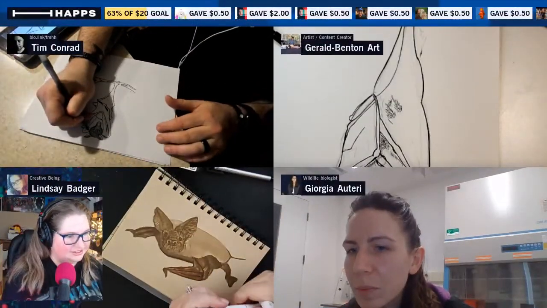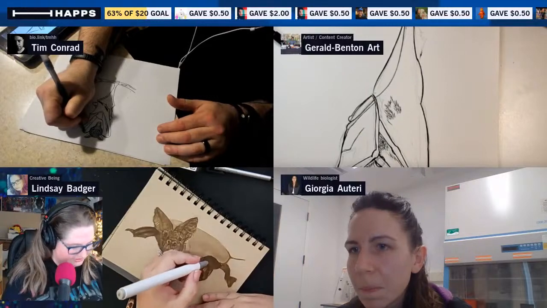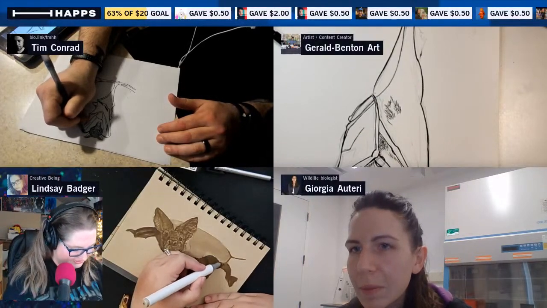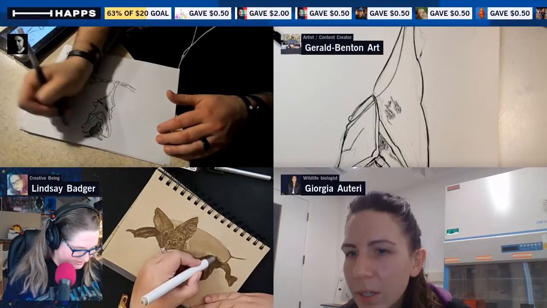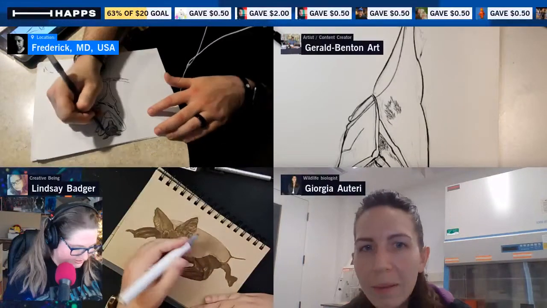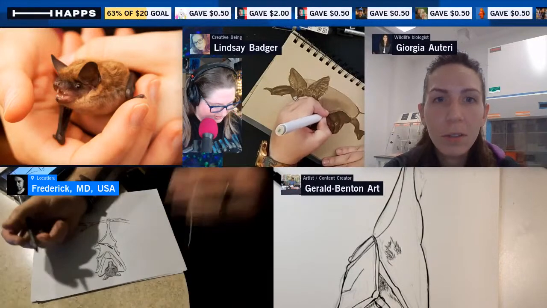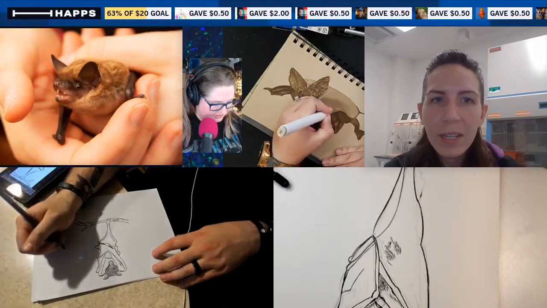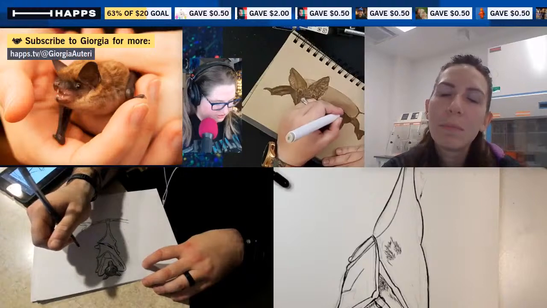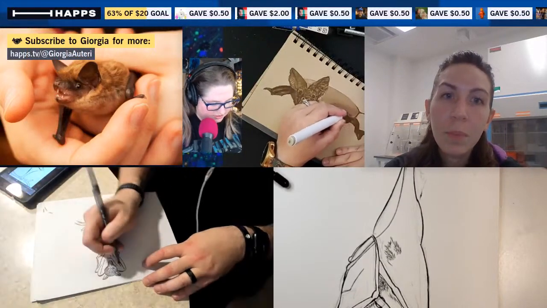And I'll put up a picture of me holding the bat, but you should never hold a bat with your bare hands, or at all, really, without gloves. I'm doing it because this bat had been taken care of for a couple months, so he was